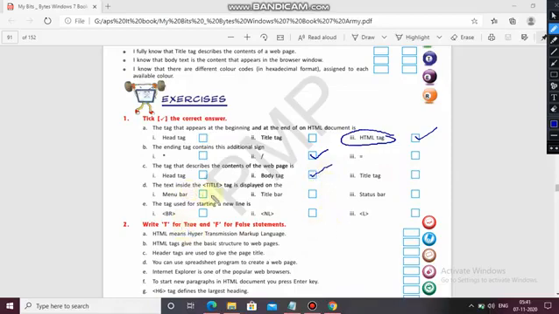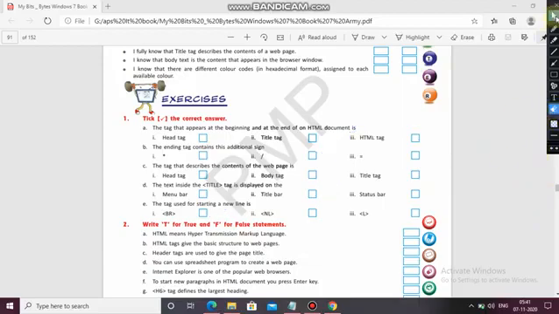The text inside the title tag is displayed, of course, on the title bar. The title will be displayed. The tag used for starting a new line: just now we have used the BR tag. Breaking the line or starting a new line, you will use the BR tag. Okay.